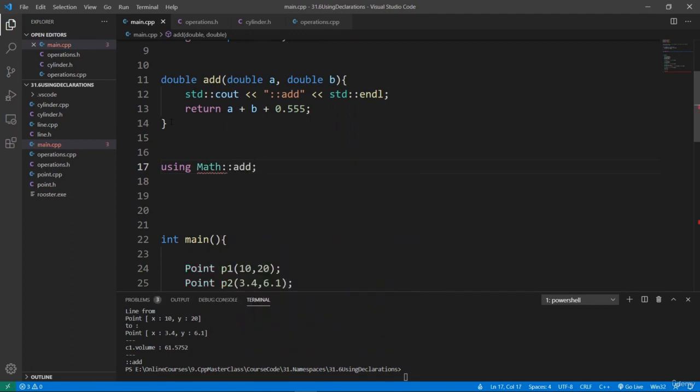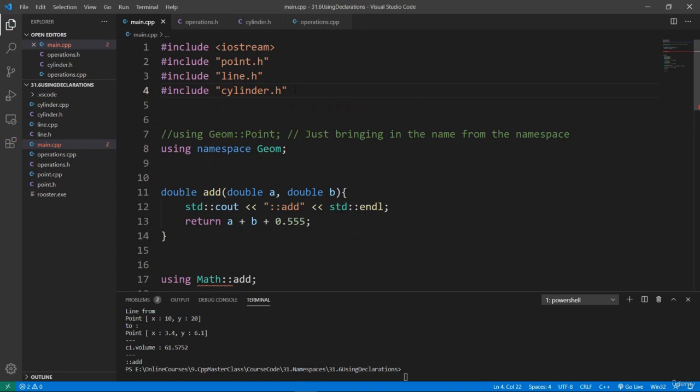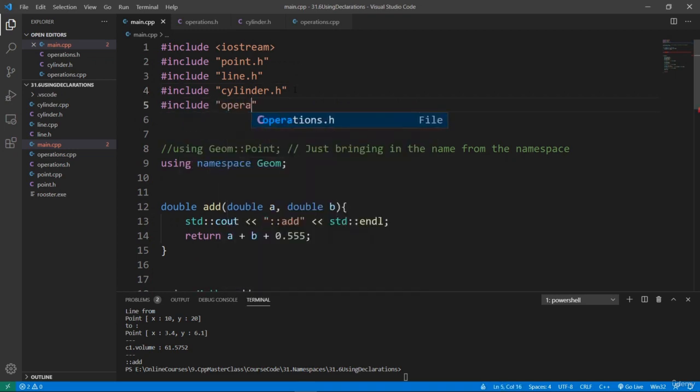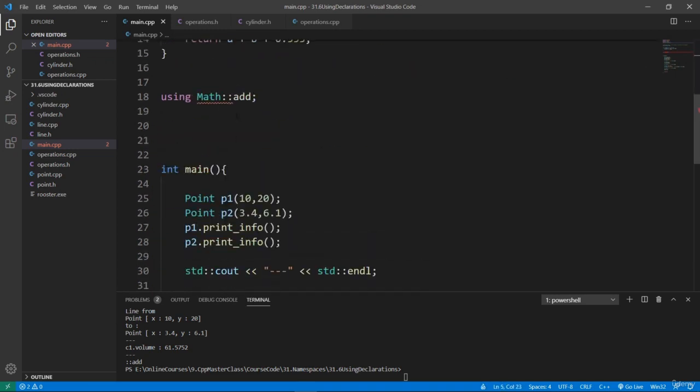We can say this. The moment we do this, we're going to see a squiggly line, and this is problematic because we didn't include the operations header. So let's do that. Operations. And now this is going to be valid syntax, but the add name is going to be confusing to the